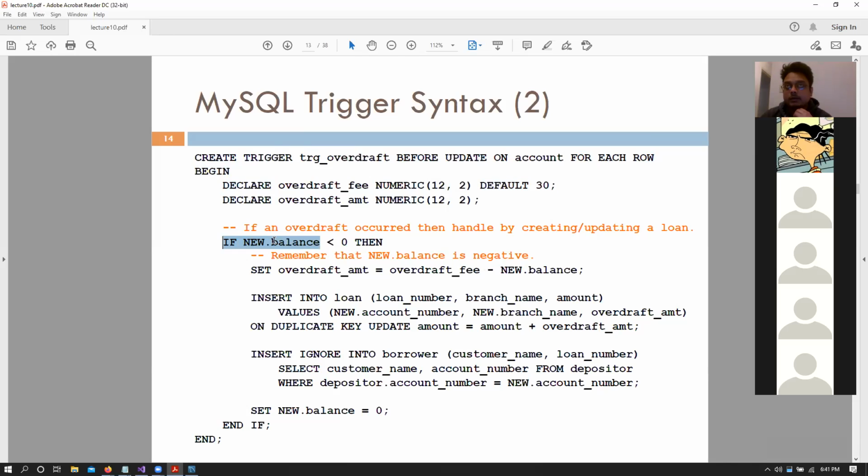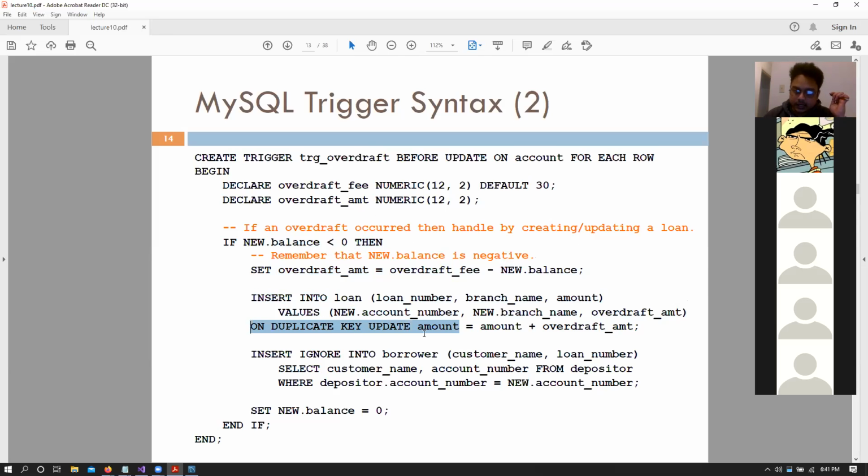And then you say if, and remember that conditional triggers are not supported by MySQL, but we can just execute conditional triggers by having if conditions there. So if new.balance is less than 0, then set the overdraft amount to overdraft fee minus new.balance, because new.balance is negative. So the overdraft amount gets the overdraft fee and the new balance, and essentially insert into loan (loan_number, branch_name, amount) values new.account_number, new.branch_name, and the overdraft amount. That is the total amount that is now to be inserted.